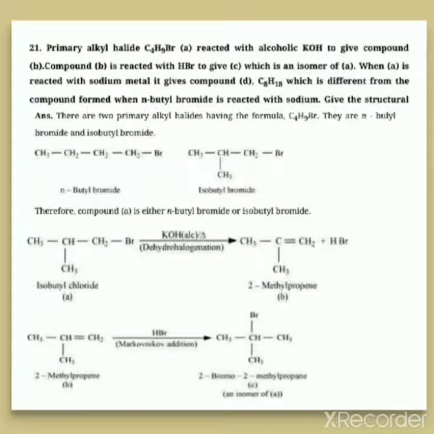And the last, it says that this C is again treated with sodium. You can check here, it is given. When the A is treated with sodium metal, it gives rise to this compound. So again we have identified the A. Now what is given to us? When the A is reacted with sodium metal, it gives rise to D. So that means you have to identify D also.